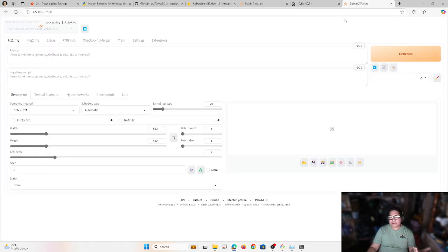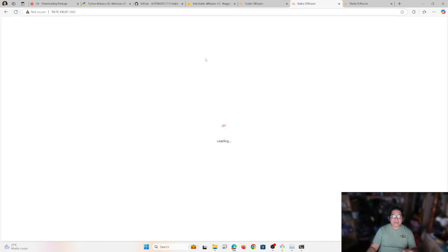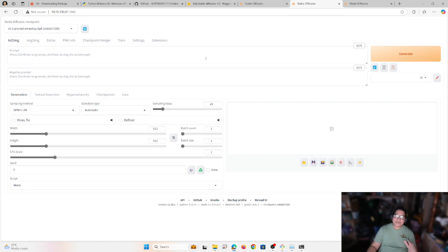Okay, I'm still able to access that website. But what if I use this specific IP address? So right now, I'm able to use it again. So that's how you configure it to be accessible externally.